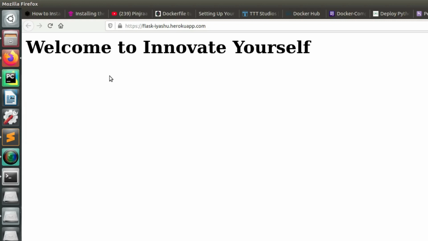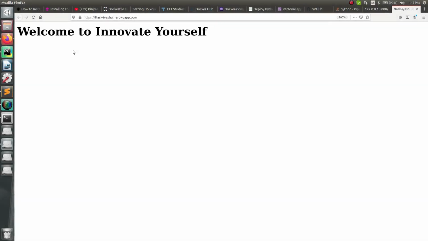In my case I have shown you a simple message, but in your case maybe you have a complete project with multiple pages and everything, and this is how you can make your complete project accessible through the Heroku server on the live server, which means you can make it accessible to anybody all across the world. So this is all about this, and I hope now you have got a proper understanding of how to deploy a Flask application onto Heroku without any charges, right? Without paying any money to any service, you are able to access it live on the server, right? So this is all about that, and I hope everything is clear to you.